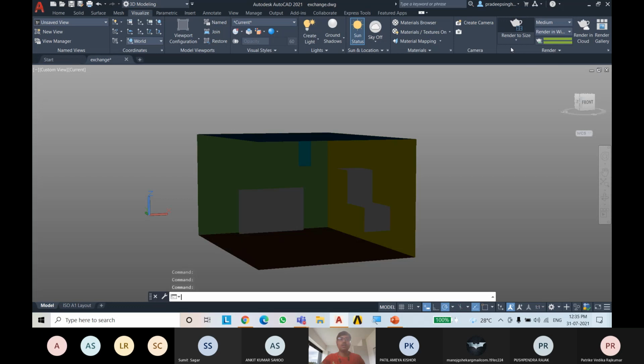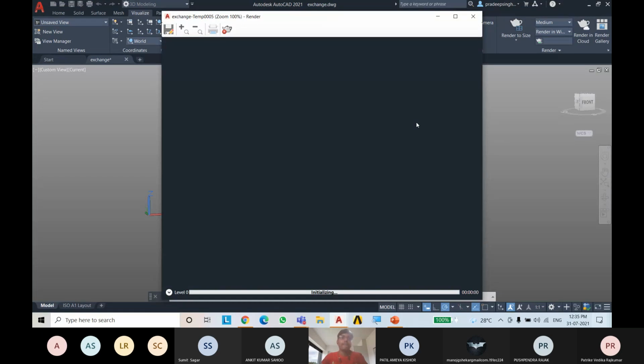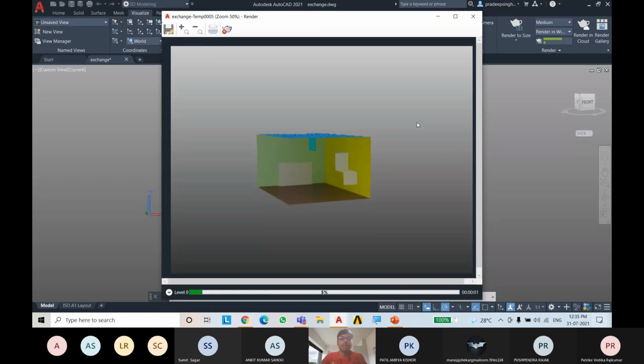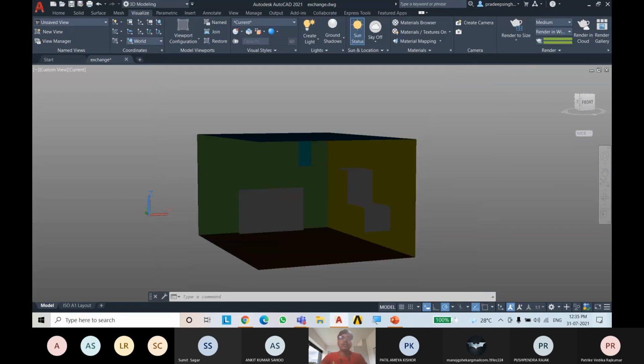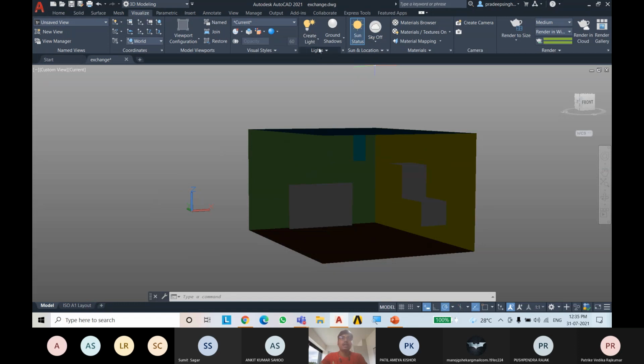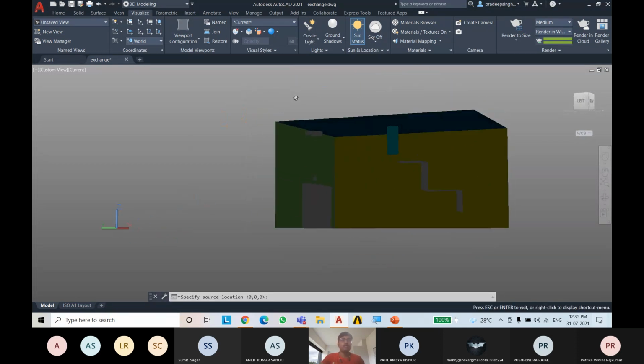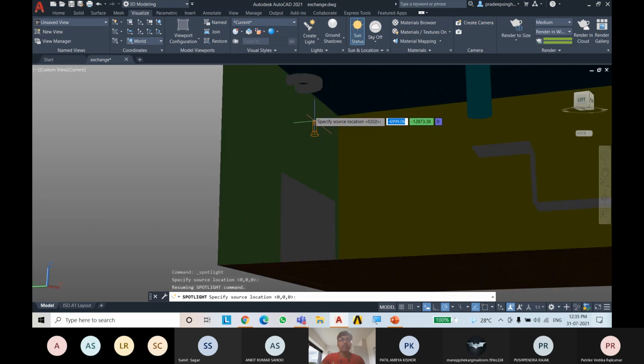If you render this and show that, you can see this. First of all, there is no lighting and you can't feel anything. So if you want to add the lighting, just go to this light option, click here. There are 4 types of lighting options like web light, spotlight, point light. I will be using different types, and let's first use spotlight. It will ask to specify the location. I specify the locations,